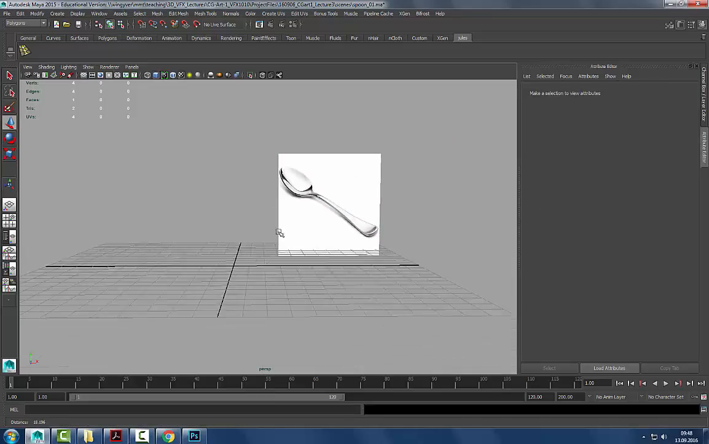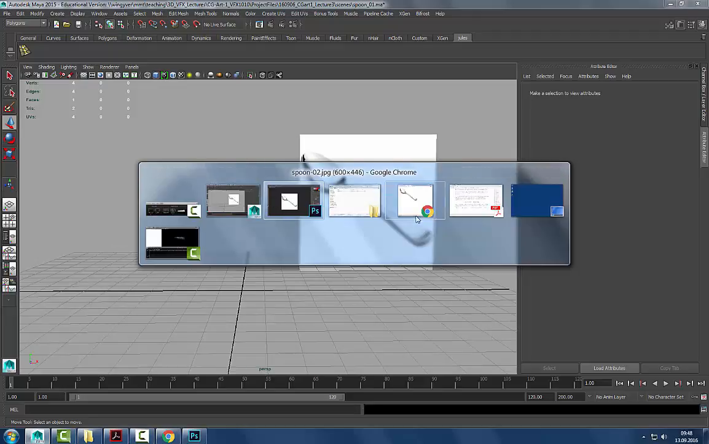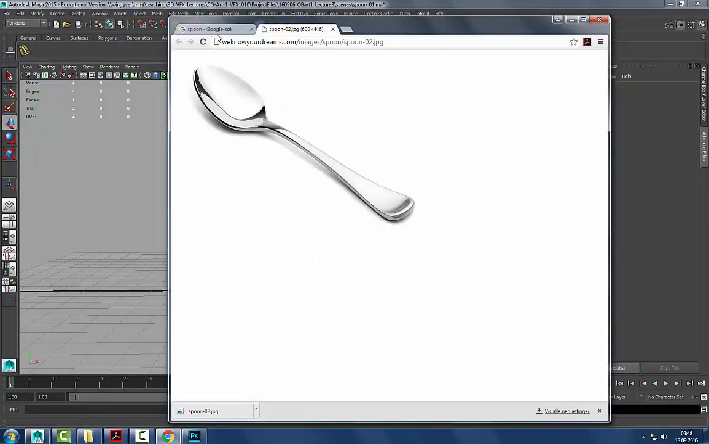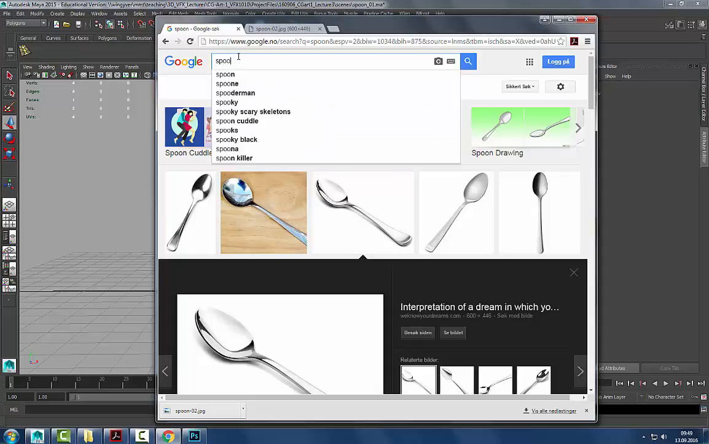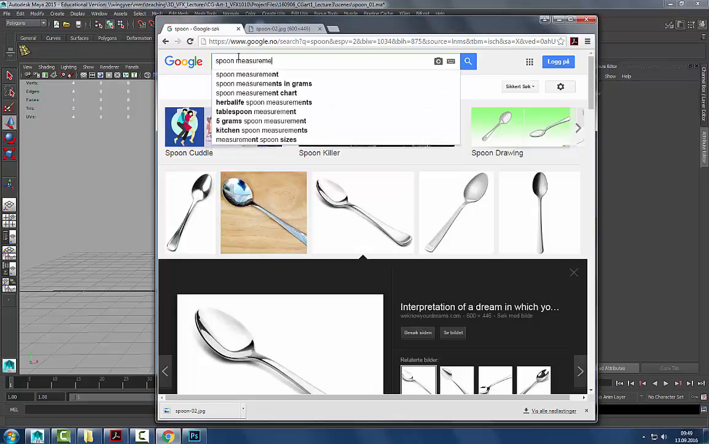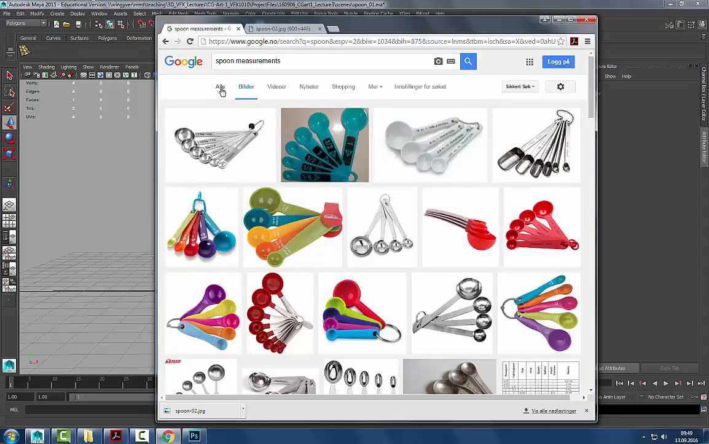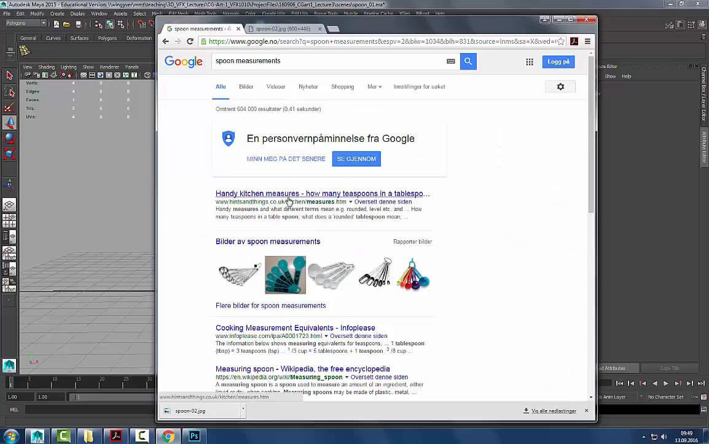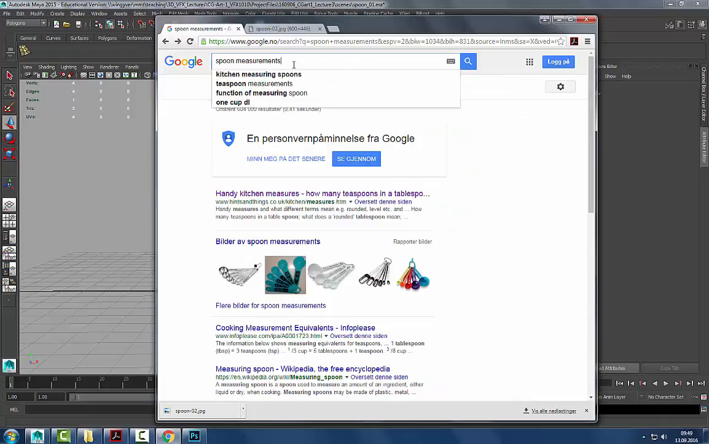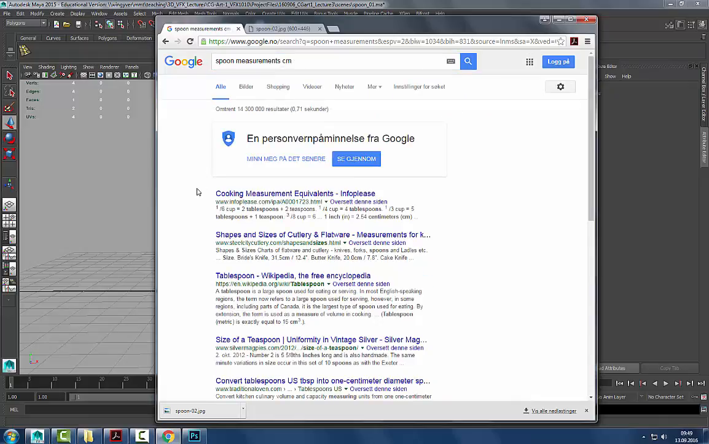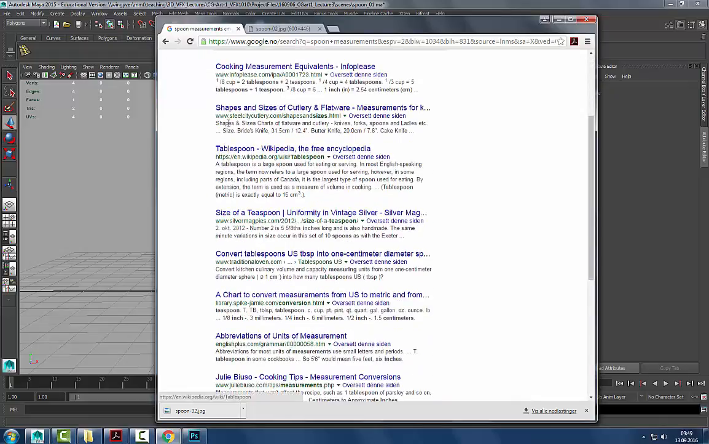Okay, so again, if you want to, you can try to find more accurate references. I'm not going to bother. I'm happy. And it's a nice little challenge for you, trying to model something without necessarily having super detailed measurements. But let's see, kitchen spoon measurements. If you want it to be accurate, maybe we'll find something. Handy kitchen measures. That's nice. Okay, one tablespoon. Never mind. Centimeter. What do you think? How long is